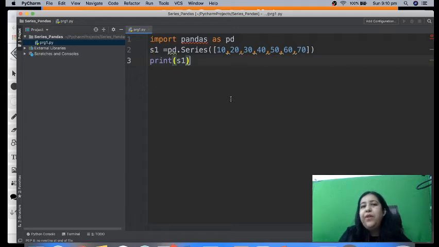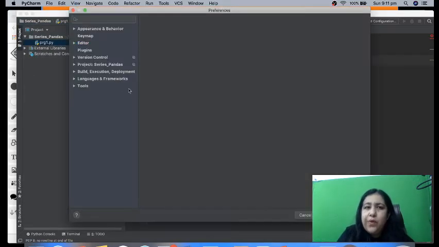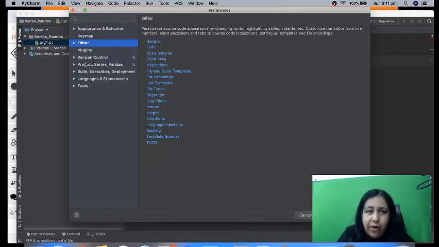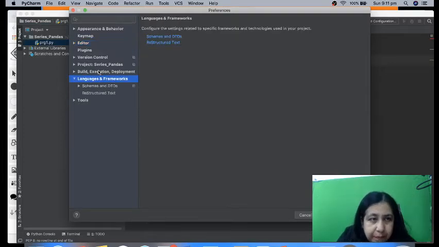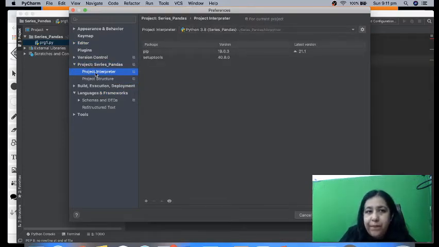So in PyCharm, for every project you can add it separately. So go to PyCharm, go to preferences. If you're having Windows, it would be settings out there. So go to that option. From here you will be having an option for languages and framework. No, you will be having project, and inside that project interpreter. So you have to find out this option called project interpreter and see, these are the installed packages, pip and setuptools, but I want to add one more.